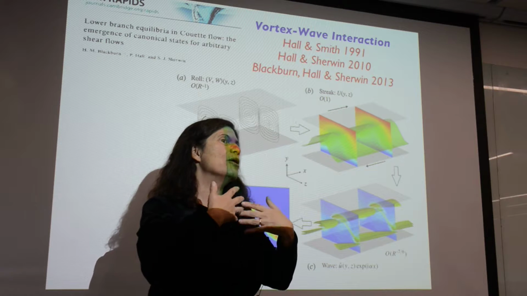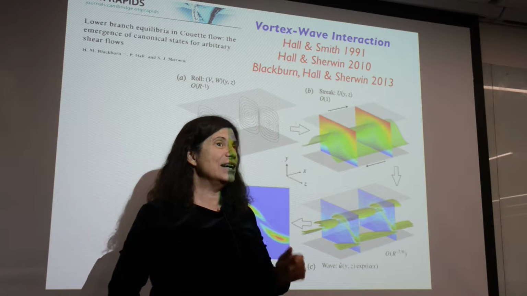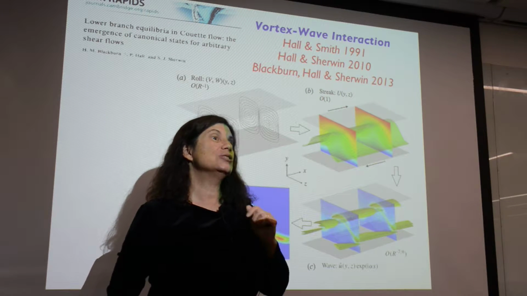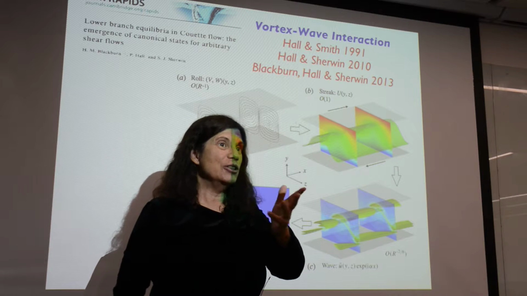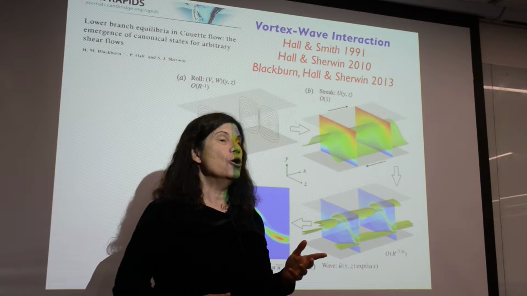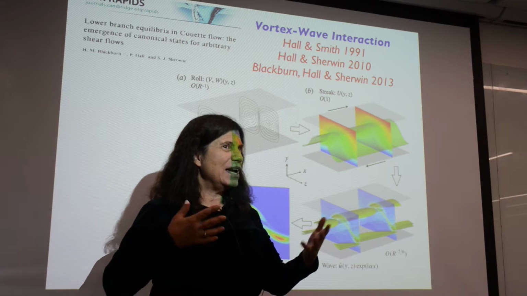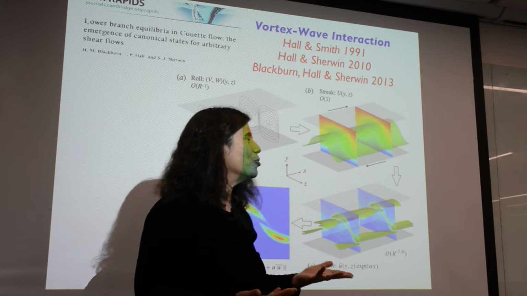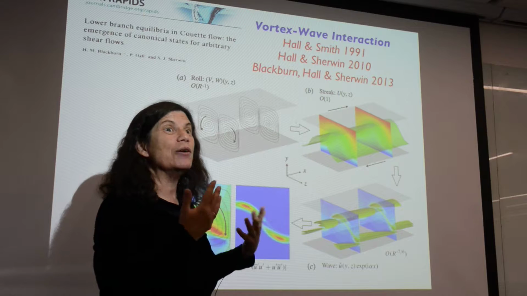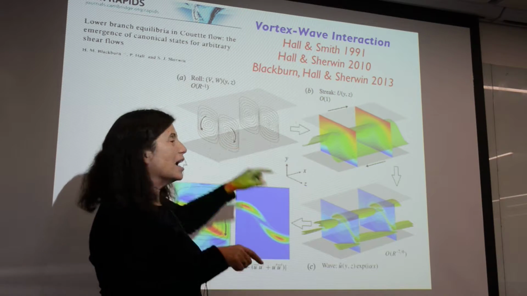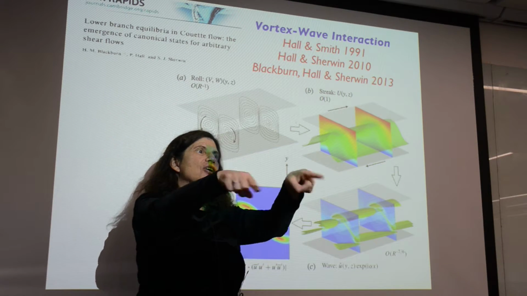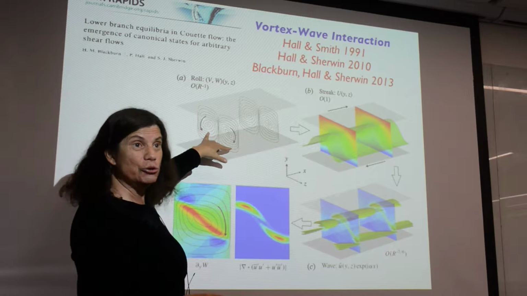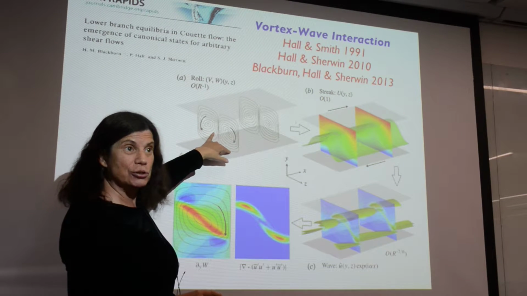And again, among the first people to look at it was Nagata, who I mentioned. He did his PhD thesis with Busse, the Busse that I've mentioned, the Busse balloon, the one who did so much to study rolls in convection. So it's not surprising that this was what was found and what actually exists. So these are the kind of rolls that you find in convection. Not to say that this is a solution, unlike in convection where they are a solution.